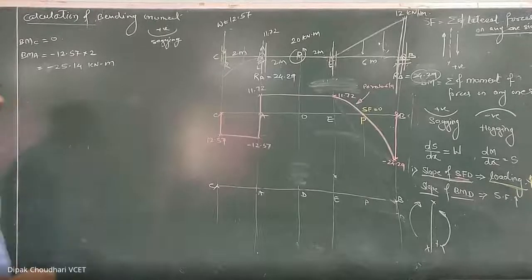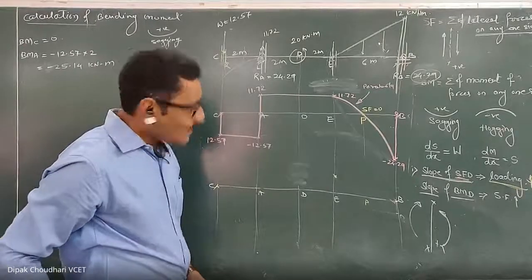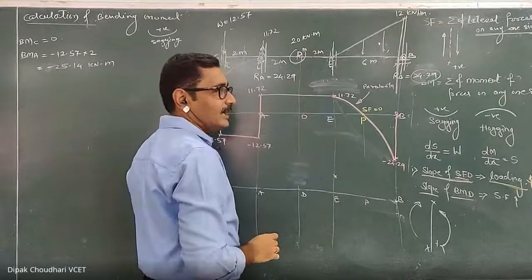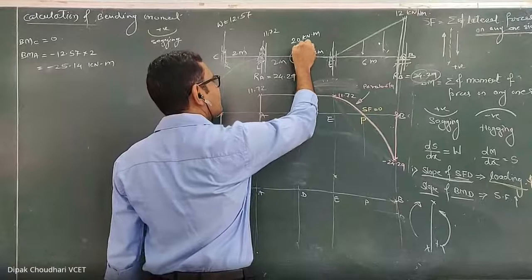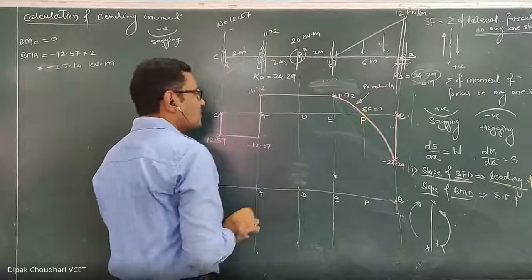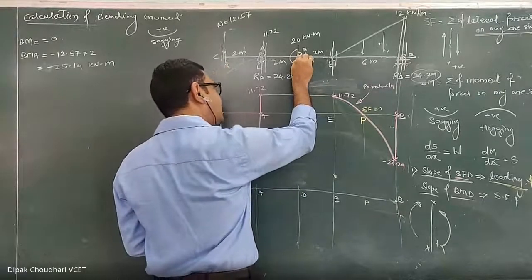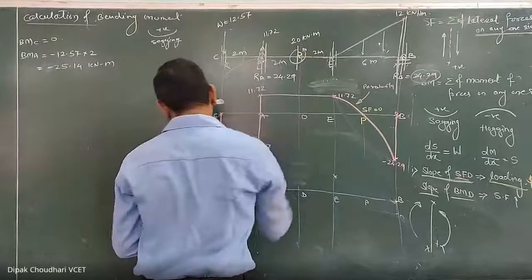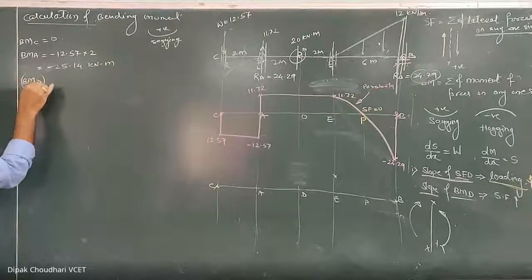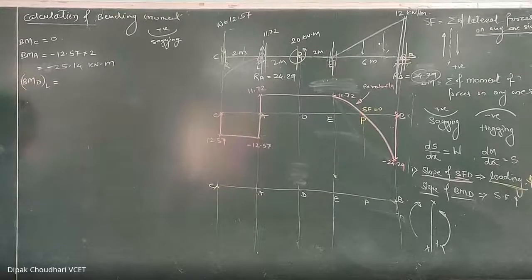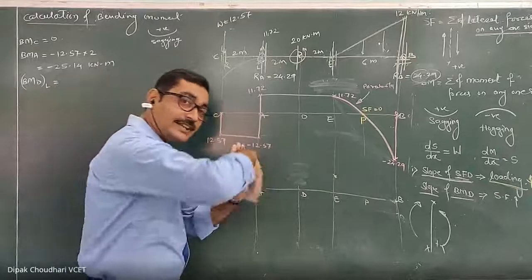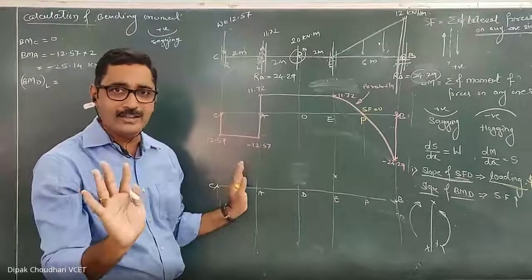Go ahead, bending moment at point D. Now this is important. At point D, there is a moment. When there is a moment, first consider the section on the left side of that point D, because of this moment there is a sudden change in the bending moment diagram. So first take the section at D, very close to D, but on the left-hand side. If I consider the section on the left side, the point D where the moment is acting goes on the right side of that section. Remember this.